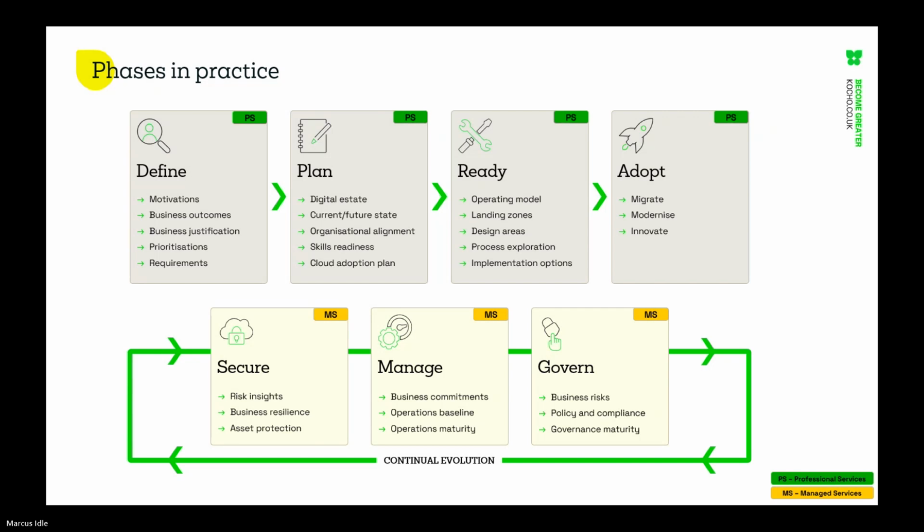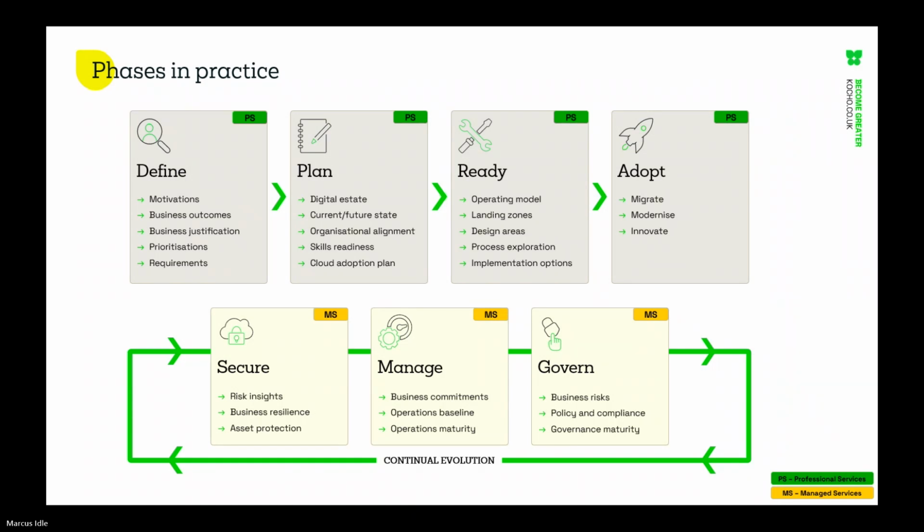But this is where we really start defining those elements and applying configuration, developing code, whatever it might be. And then on the far right, adopt. So this is where we start implementing the things that we've developed in terms of the solution. Maybe it could be a landing zone, could be a number of different things. So this is where the work actually starts to become real and starts getting applied to the platform that you're